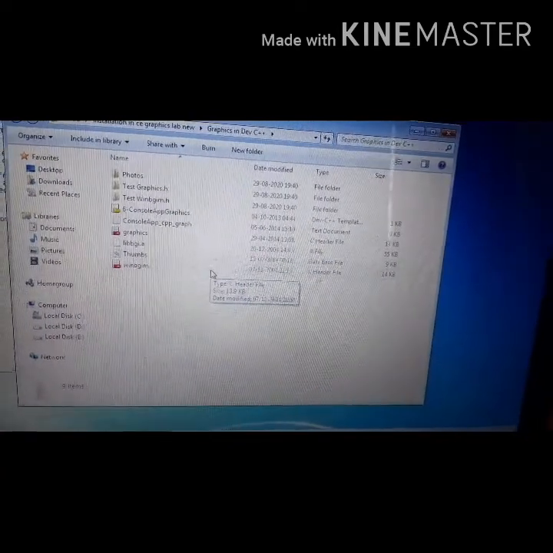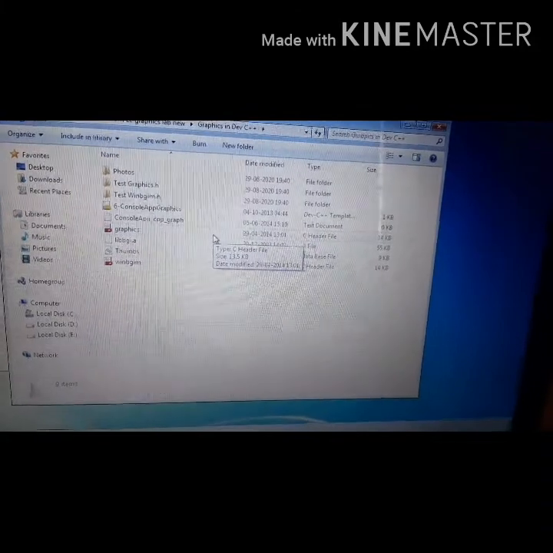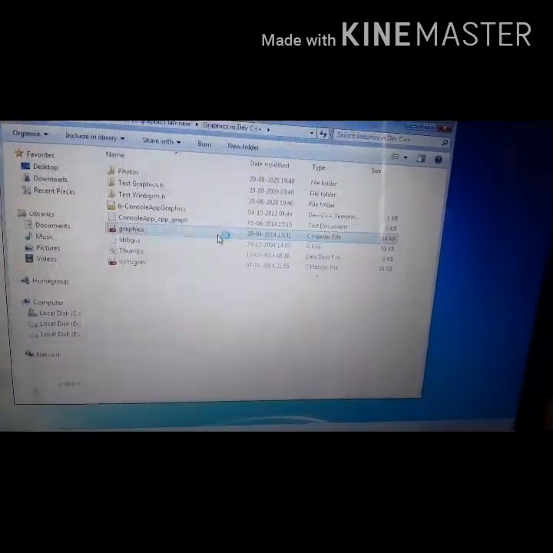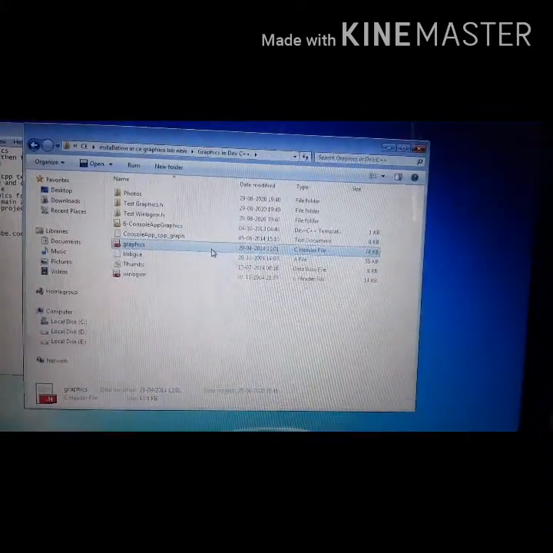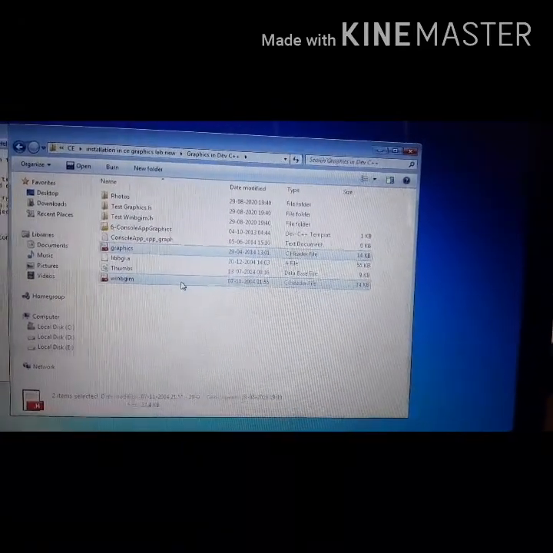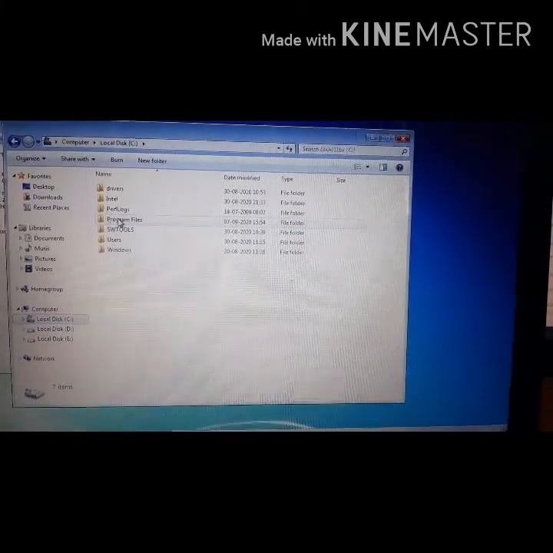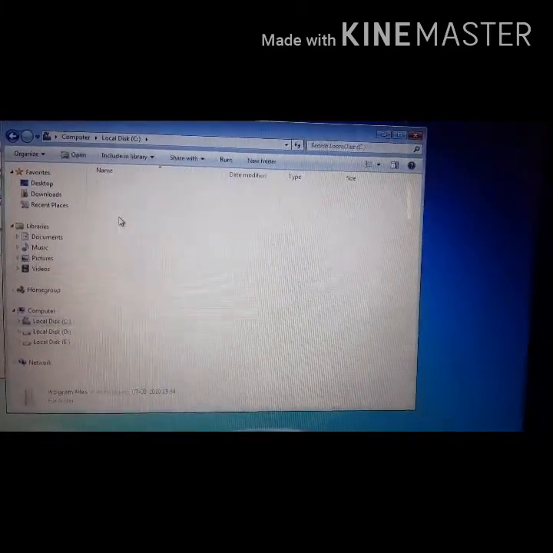Now this graphics header file and this WinBGIM header file need to be copied and pasted in the Dev C++ software where we have newly installed it. I have selected both, right click, copy, and we will go to the C drive, program files, where my Dev C++ compiler is installed.